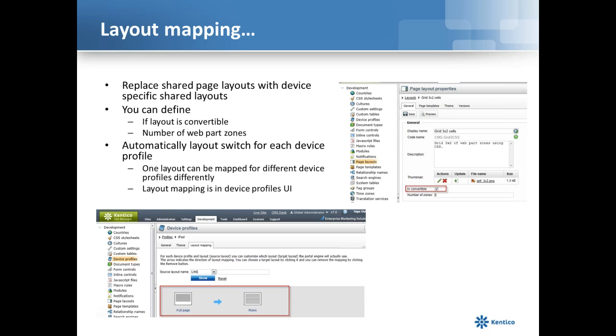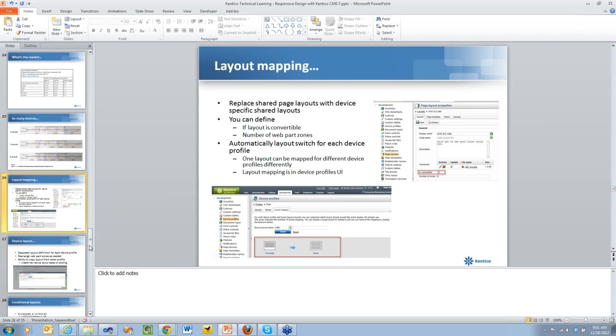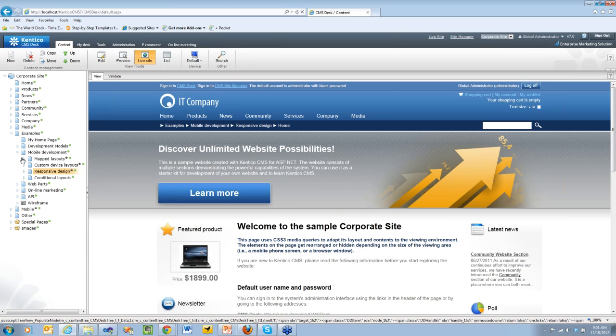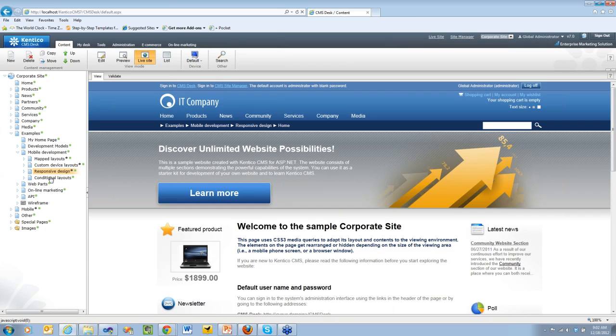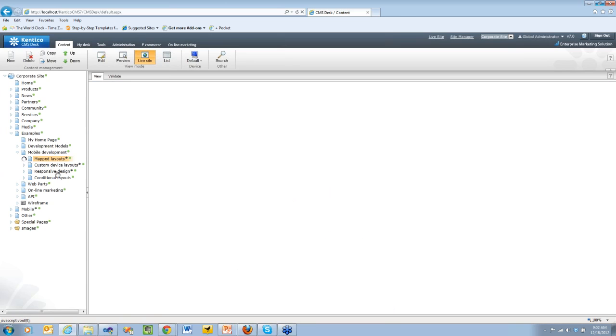The problem you run into is, as you're building out responsive design, you do have changes that happen, and you do want to go back. Layout mapping allows you to replace the shared page layouts with specific layouts. So what this means is, as we go back into CMS Desk and do a map layout here, let's take a look at this. You'll notice that